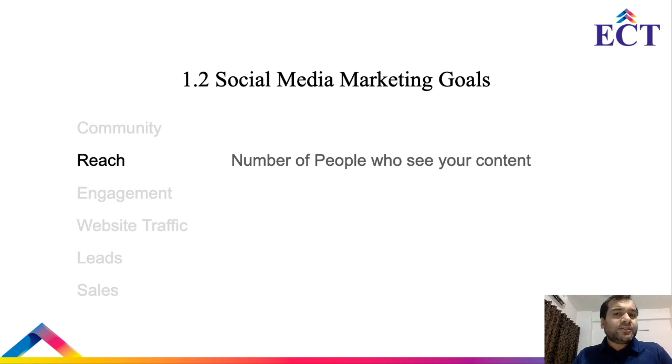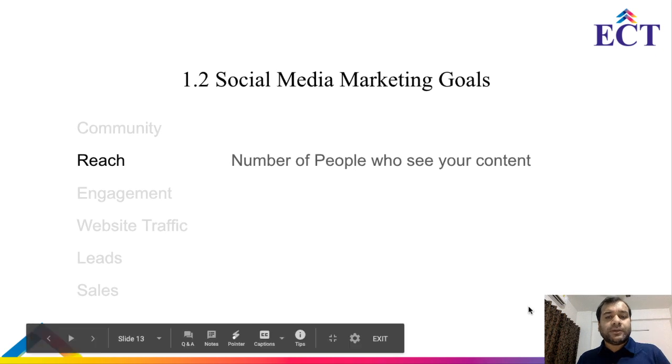Okay? The reason for that is, I'm talking about reach over a period of time, in a month's time. And the reason for this is the viral settings of the social media campaign. So if I like something or I comment on something, my friends will also be able to see. So you set a goal in terms of how many people you want to reach in a particular month.